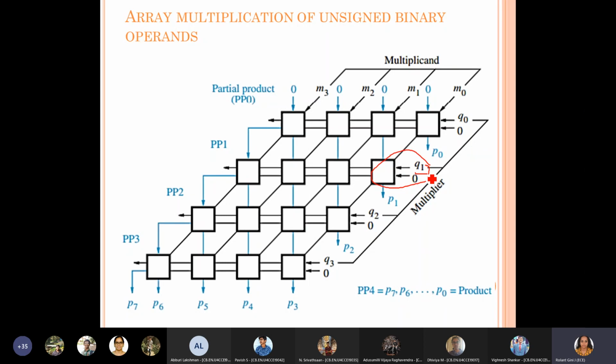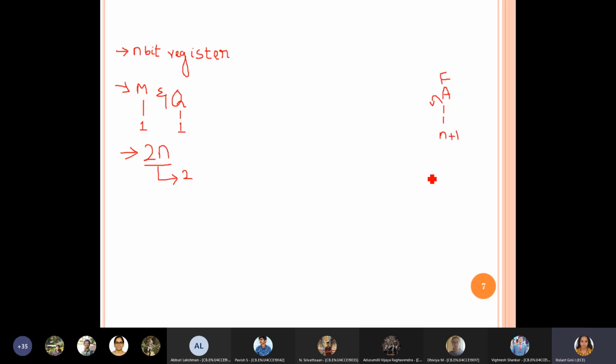The logic remains exactly the same in the sequential multiplier also. Okay. So we need a minimum of 4 registers for the time being, 2 for storing the input and 2 for storing the output.